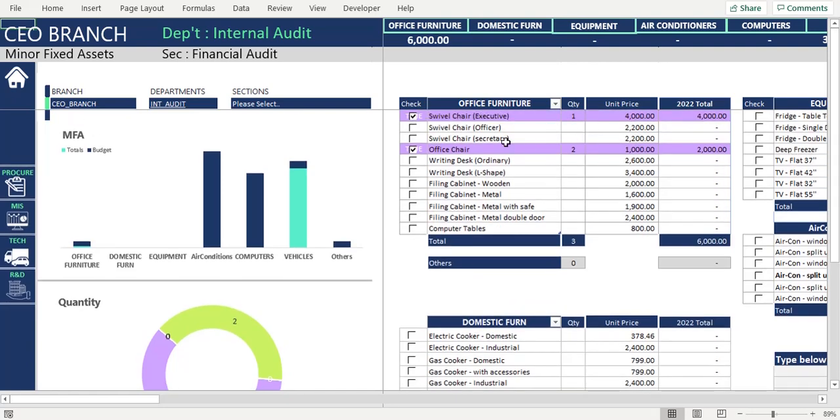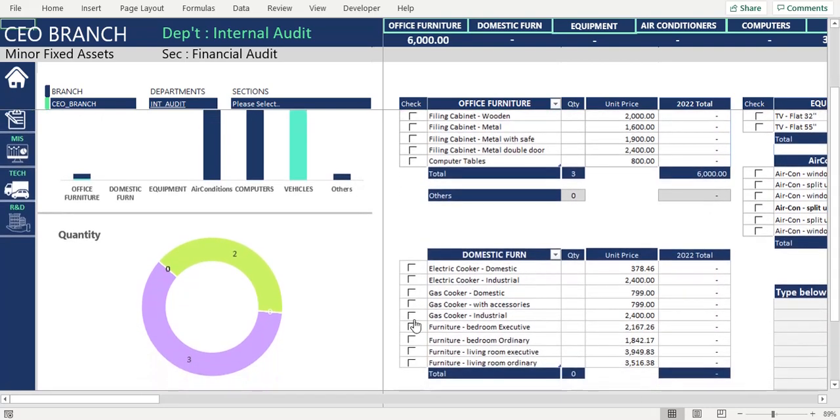we can easily, with just a quick glance, know that this person wants 2 office furniture, this person wants 2 swivel chairs, and for domestic, when you check without putting in any quantity, nothing will be recorded. So in as much as you check, you have to also put in the quantity of items that you want. When you put it there, it is automatically going to record that down there. So you realize that it has recorded